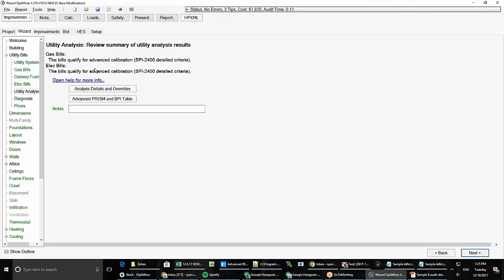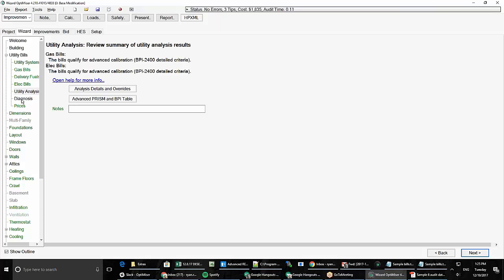We might put in an annual figure, and so you might not get a detailed calibration available for the fuel, but it doesn't really matter because as you go through and refine the model, OptiMiser may be able to calibrate to it anyways. But in this case, it happens to be a really good match, so it's available to calibrate the model,